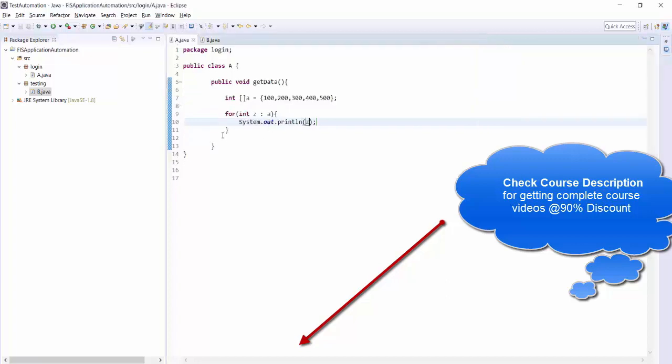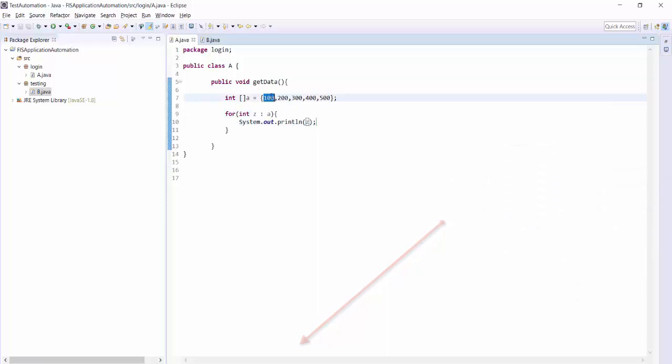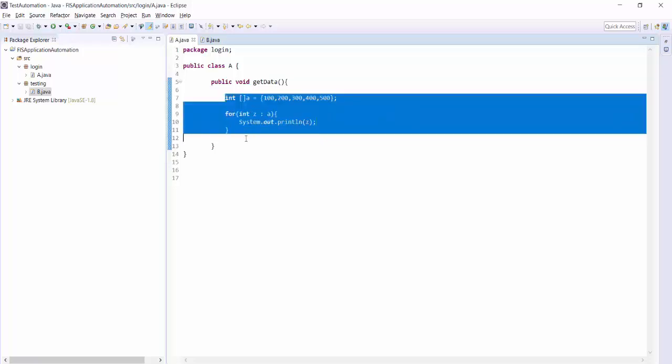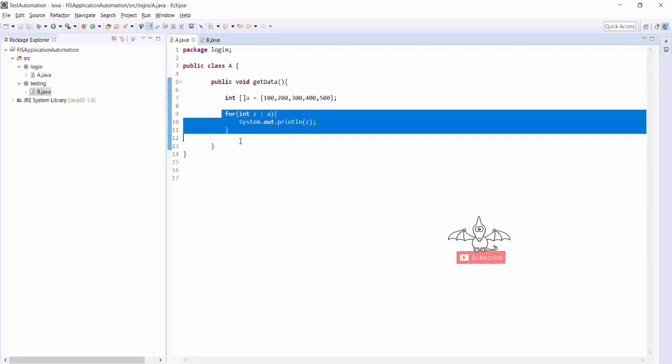And in this case, we are not using indexing, because indexing is used when we are fetching the data through a for loop. Here we are using for each. In the case of for each, every time a value will come, value meaning the exact value which is stored in the array. The value will come from this array and be stored in this variable. Now you can use the data of the variable. So that is the syntax of the for each loop. Here we are not going for indexing, but this is applicable only when we have a group of data.